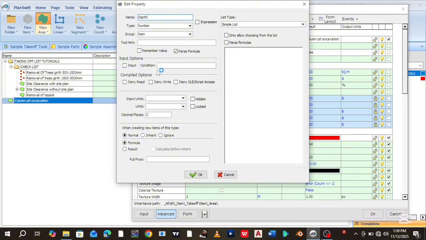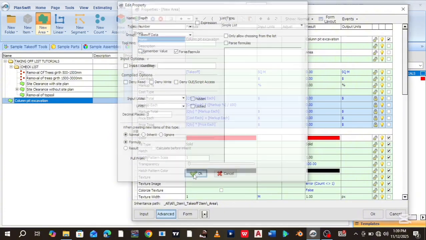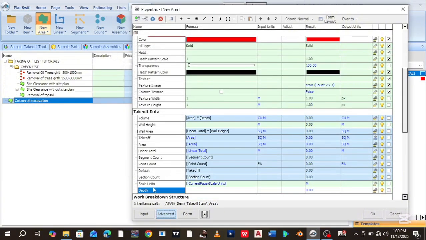So when you do that, you go to group. Where do you want this depth tab, this new property, to be opened? We want it to be opened in our takeoff data, so click on it and press OK. Now you can see that a new property has been created called depth. Change the units. You can see this is the column for input units, so the unit should be in meters,